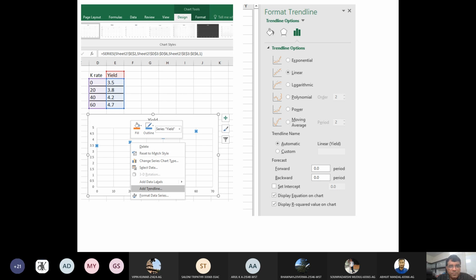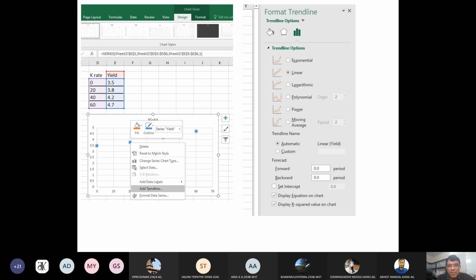So in this case, you can see on the extreme left, top corner, left side, you see K rate and yield. So these are the K rate, potassium rate of application 0, 20, 40, 60, and yield. Now you want to fit a line to this. First you want a line. Then you select the data, and go to insert. In insert you will find add trend line.